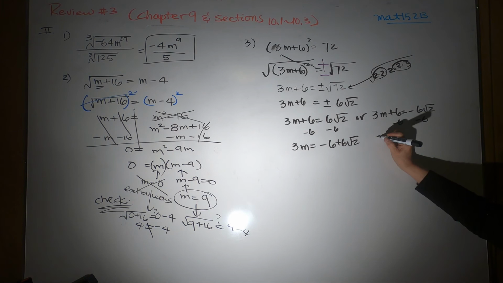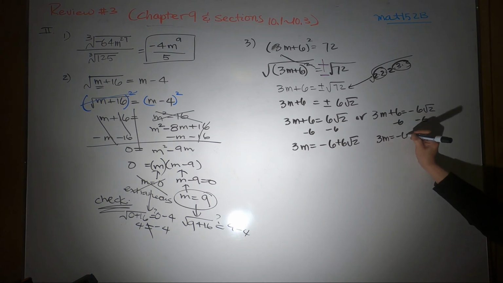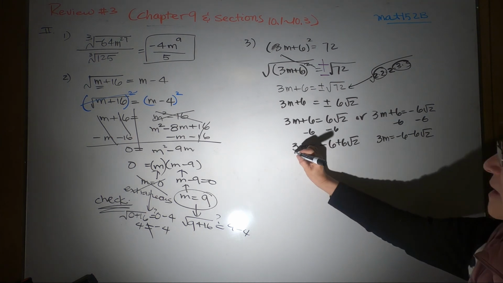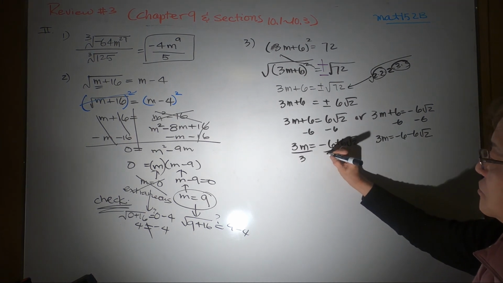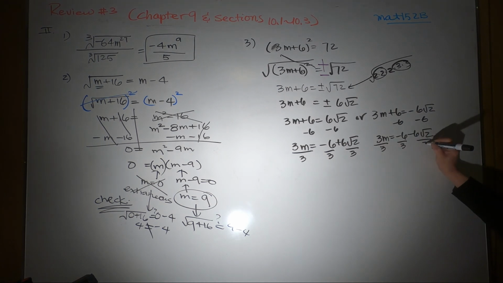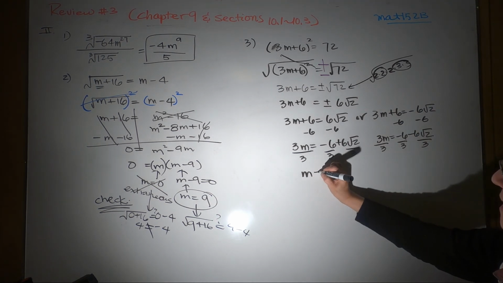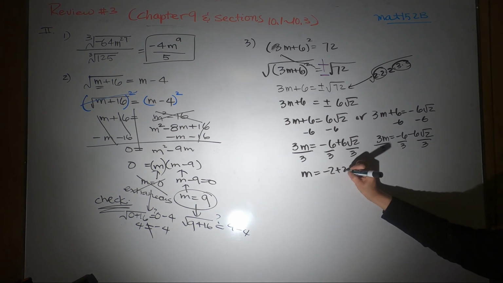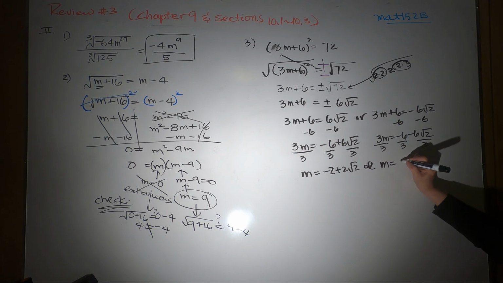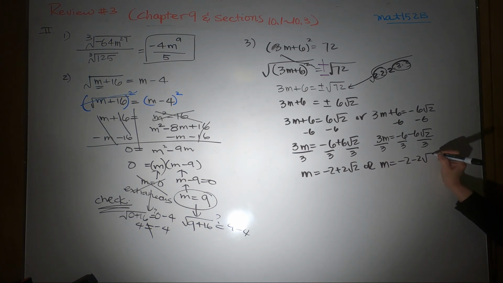And 3m equals negative 6 minus 6 square root of 2, right? Then to get m by itself, you divide everything by 3. So what do you have? m equals negative 2 plus 2 square root of 2, or m equals negative 2 minus 2 square root of 2,